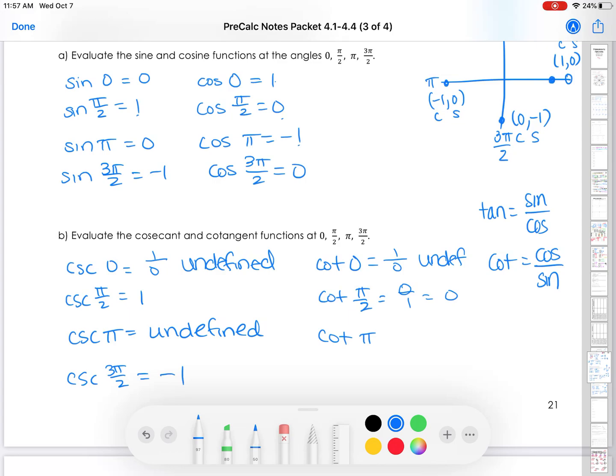If I want cotangent of pi, that's going to be -1 over 0, or just undefined. And if I want cotangent of 3 pi over 2, that's cosine over sine, or just 0. Remember, it is okay to have 0 in the numerator, but it is no good to have 0 as your